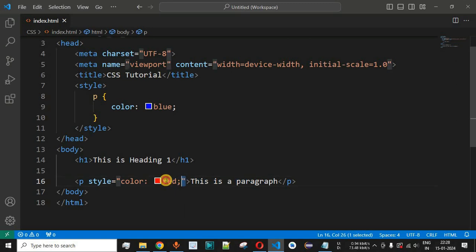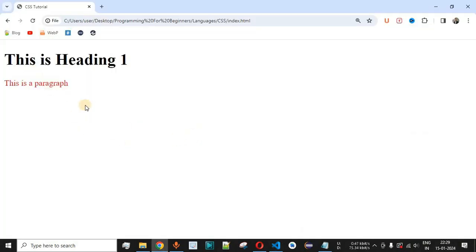Now guys, if we simply remove this style attribute from this paragraph tag, that is the inline CSS. So over here we have removed the inline CSS. Let me just save this file now. So now if we reload the page once again, then this particular color, that is blue, should be displayed as the font color for the paragraph. So let me just reload this page once again.